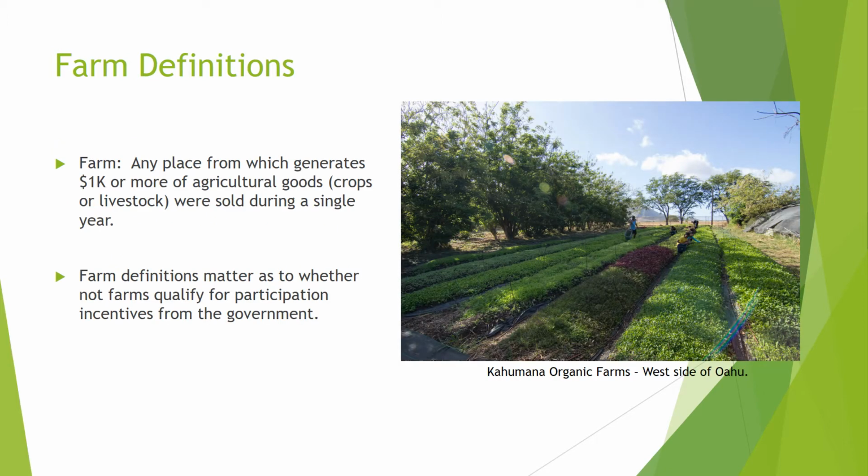So to get started, we'll talk about the definition of small-scale farms. As of 1974, the USDA, United States Department of Agriculture, defined a farm as any place that has $1,000 or more of agricultural goods sold, and these could be either crops or livestock throughout the year. Generally, small farms are considered to be operations that gross $250,000 or less. Sometimes farms of this size are referred to as small or medium-sized farms, or small and intermediate-sized farms, with mid-size or intermediate farms being considered those earning between $100,000 and $250,000.